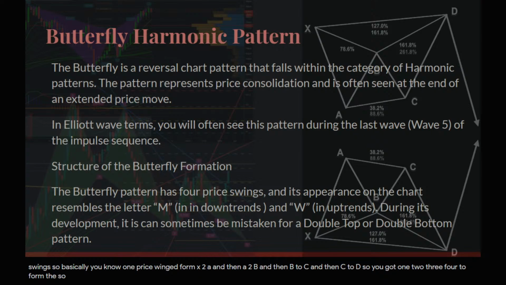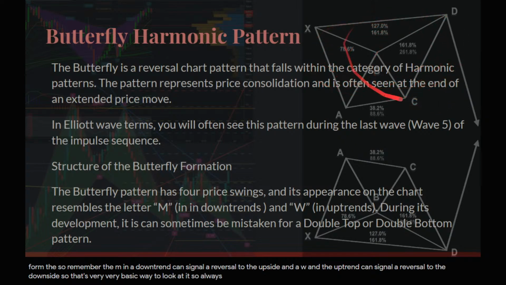So remember, the M in a downtrend can signal a reversal to the upside, and a W in the uptrend can signal a reversal to the downside. So that's a very basic way to look at it. So always when it does have a W-like shape to it, regardless of what type of harmonic pattern it is,